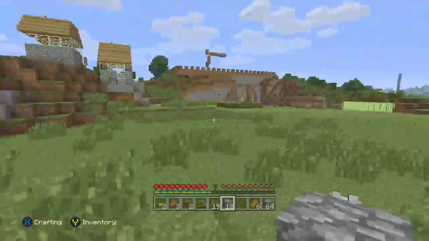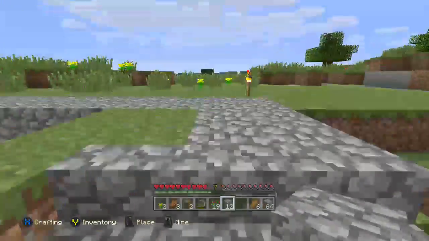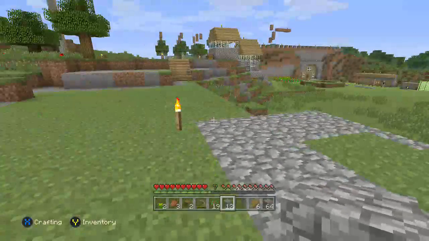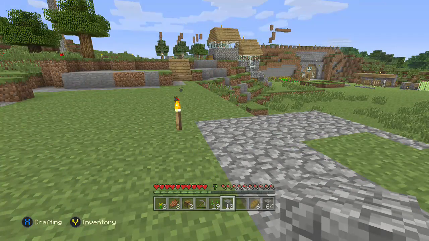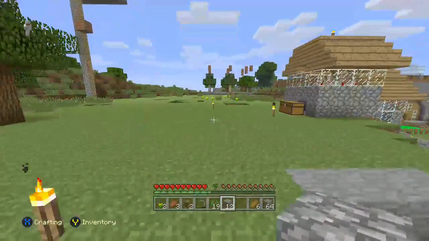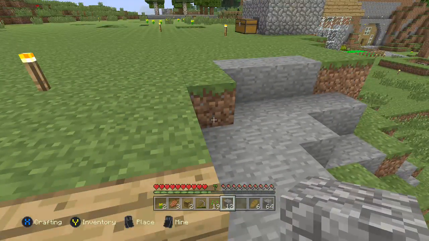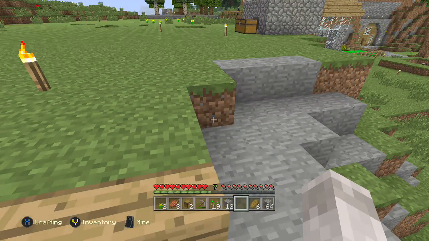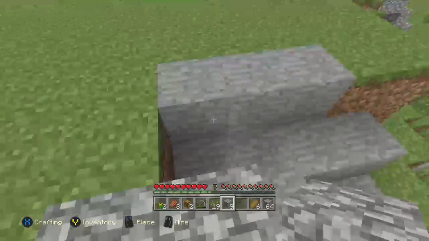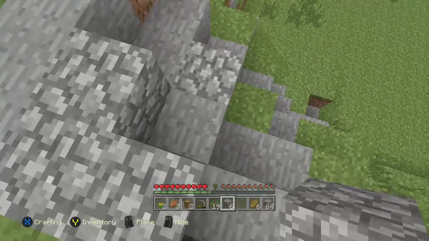Actually, I think I'm pretty much done clearing out this space. It's nice and flat, so I'm going to move on to over here, just because I would like to have this whole mountainside look a little more respectable. Because right now it's kind of... Actually, just what I did right over here helped. But... Did it really? It kind of did, I mean...